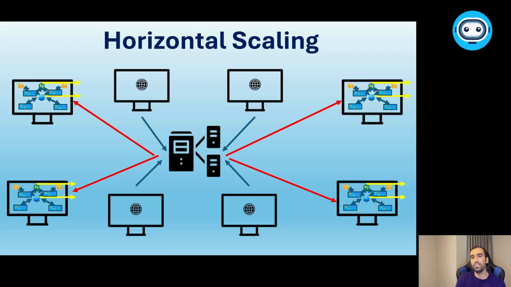What I can do is create a branch for myself, build a new branch of my business, and add, for example, 10 more employees to that branch. We call this horizontal scaling in web application development.